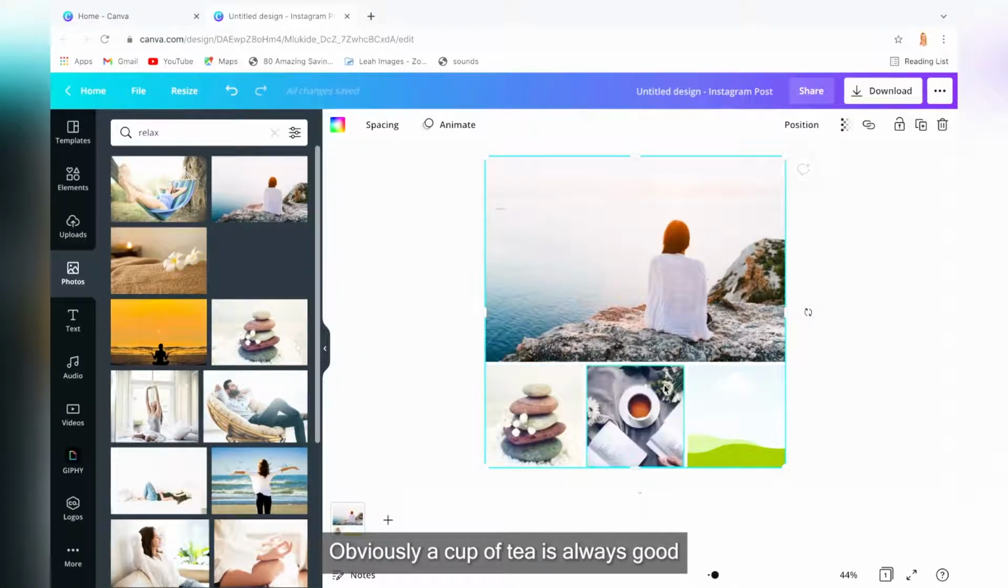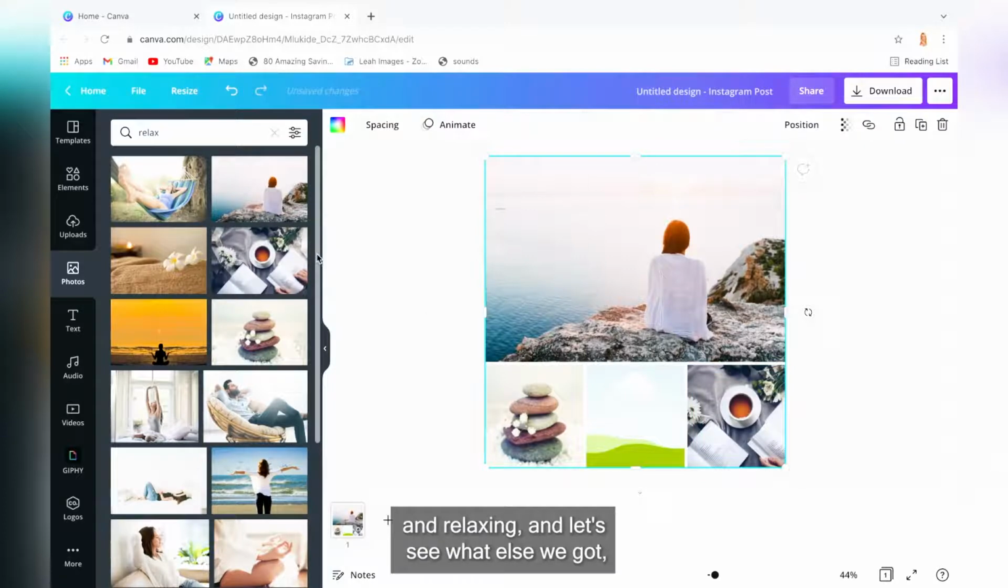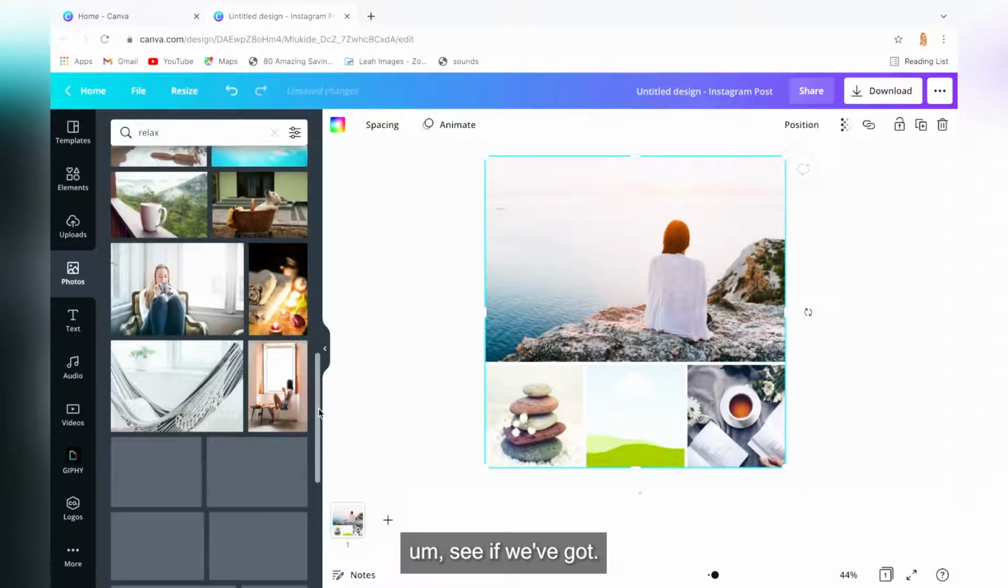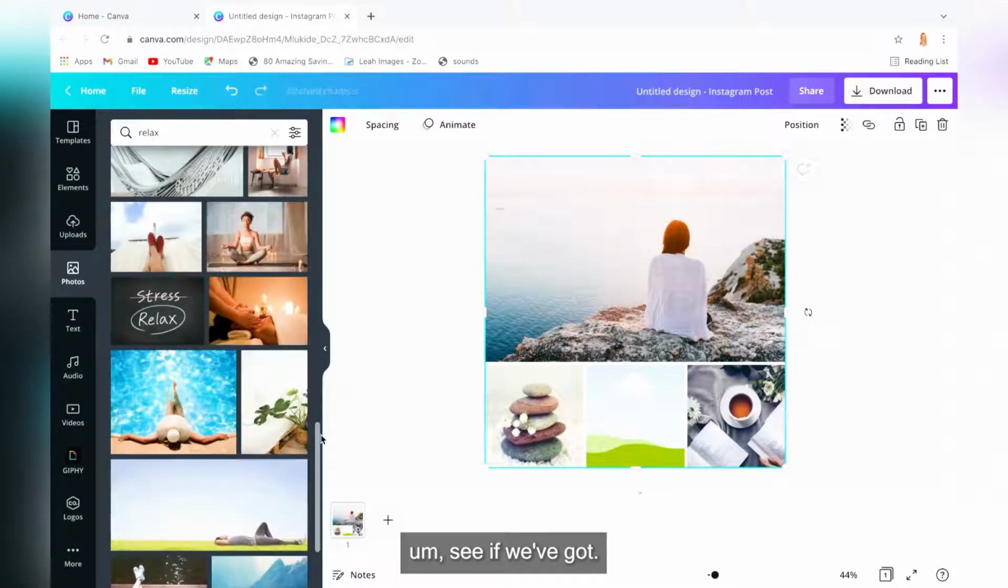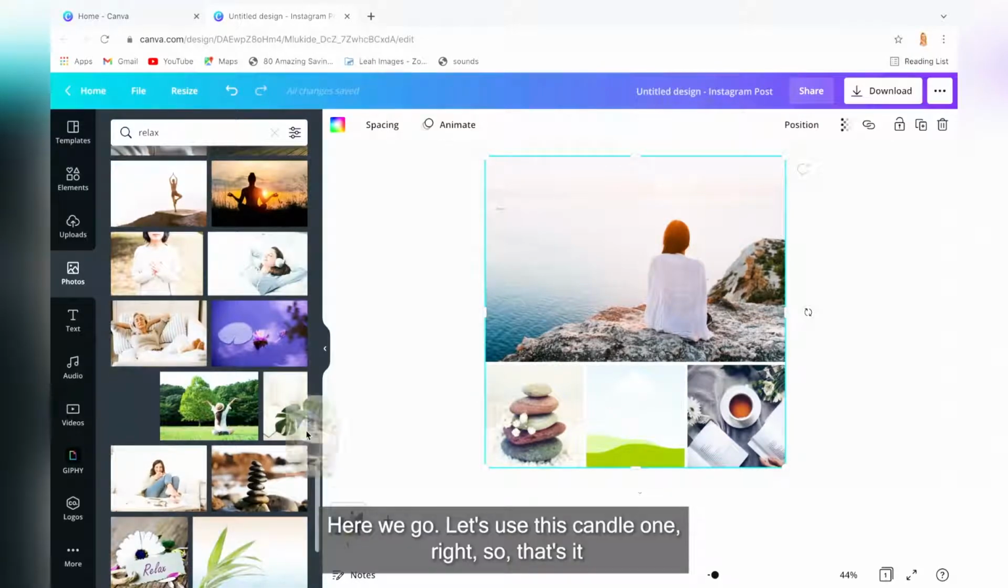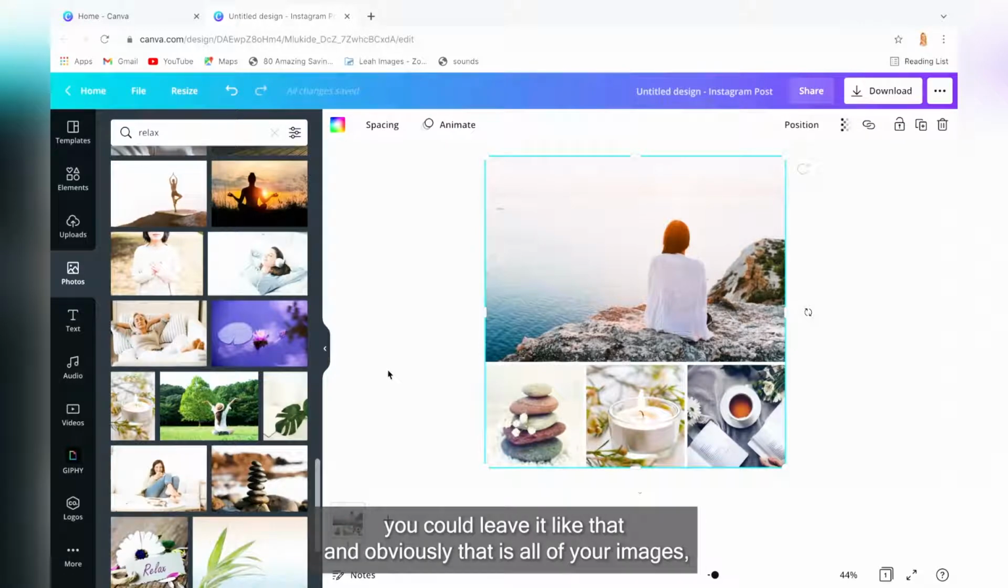Obviously a cup of tea is always good and relaxing. Let's see what else we've got. See if we've got, here we go. Let's use this candle one. Right, so that's it. So you could leave it like that, and obviously that is all your images, but I'm